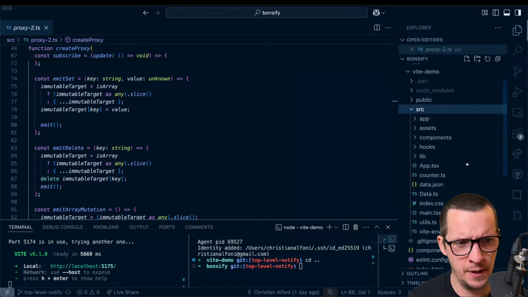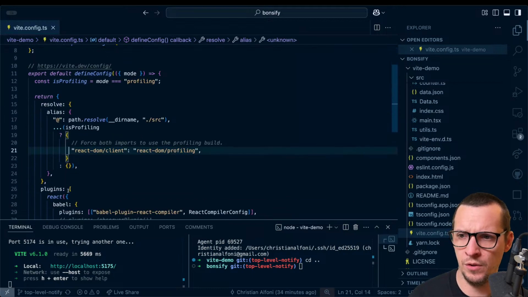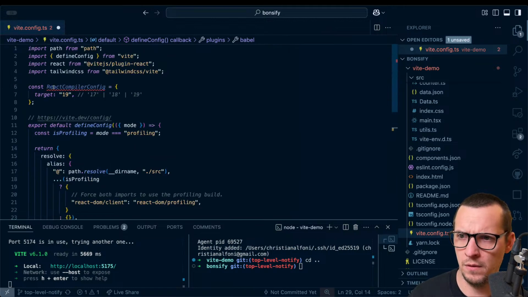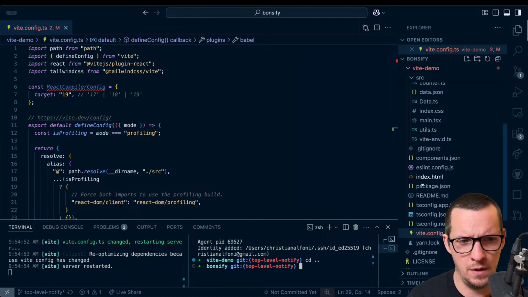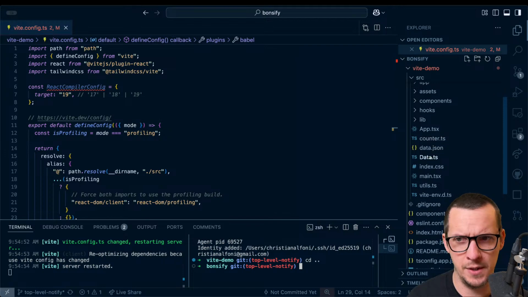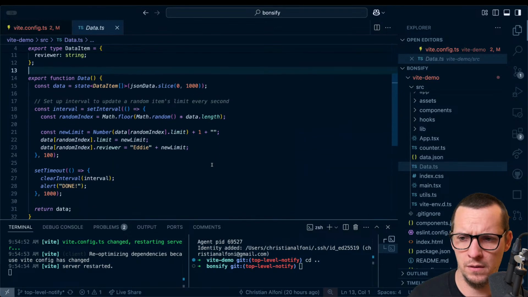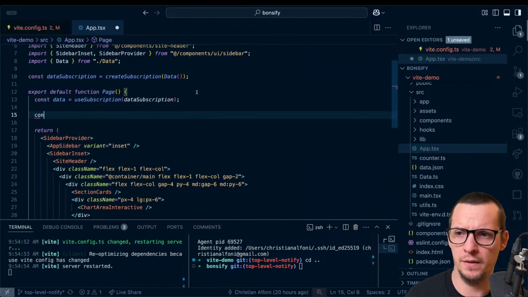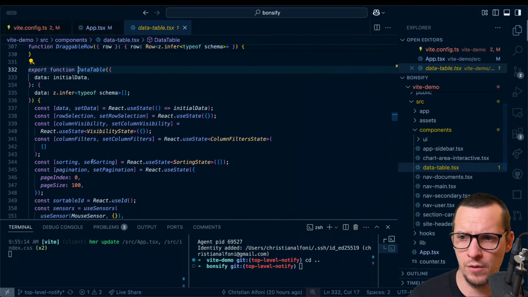First of all, let's do a plain build. We need a vite file open here, vite config. So let's do no compiler, and let's see, how do we actually build up our state now? We're using immutable state, and we're going to do some additional logging, like console.log app. Since we're rendering the data table directly, we can just go in and say